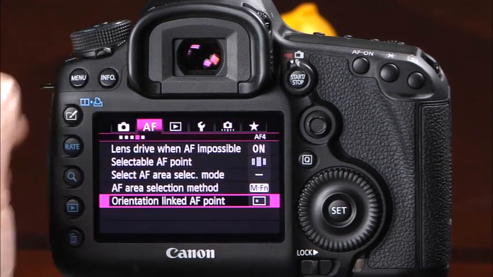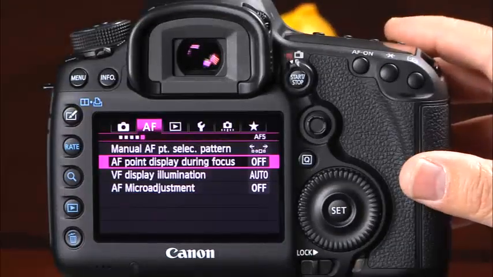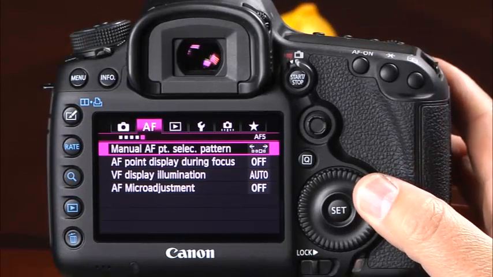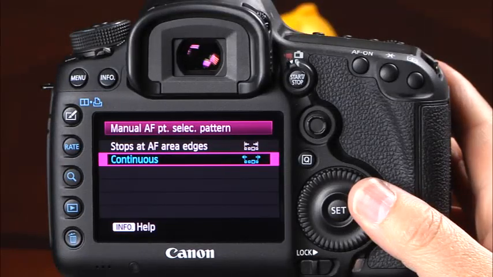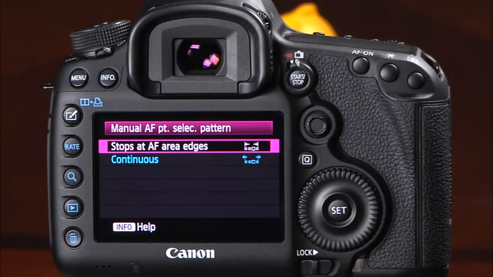Now let's take a look at a few of the menu items in the 5th AF menu. First, we'll discuss the top option, Manual AF Point Selection Pattern. With this option, you can choose how you'd like to be able to scroll through the AF points in the viewfinder. The first option is Stops at AF Area Edges, meaning that when you're scrolling and reach the top, bottom,